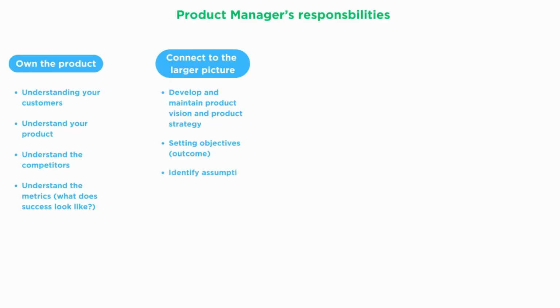Additionally, being able to distinguish between and articulate the customer and the business outcome. The next one is about identifying assumptions and managing trade-offs. As a product manager, you need to identify and manage risk dimensions such as value, usability, viability, and feasibility for your areas, and use this guide in order to understand where you should put the focus. Additionally, being able to effectively balance complex customer, commercial, and technical trade-offs and develop approaches that can maximize value but